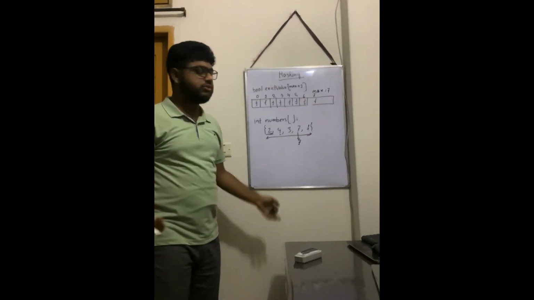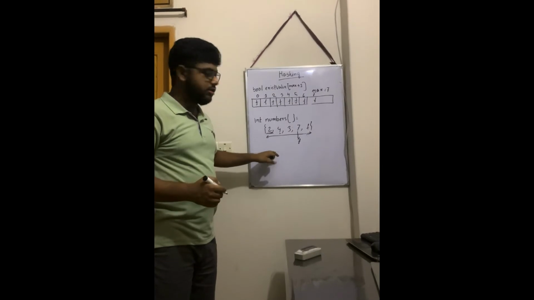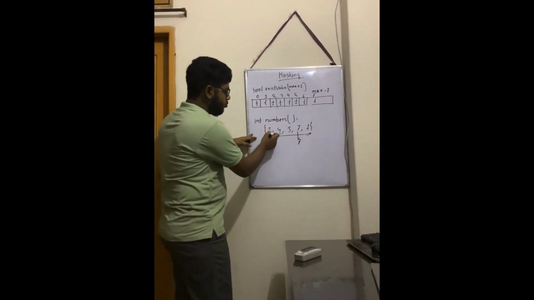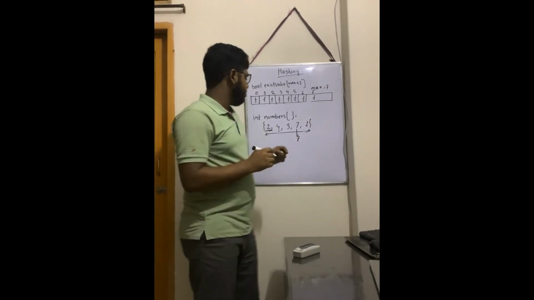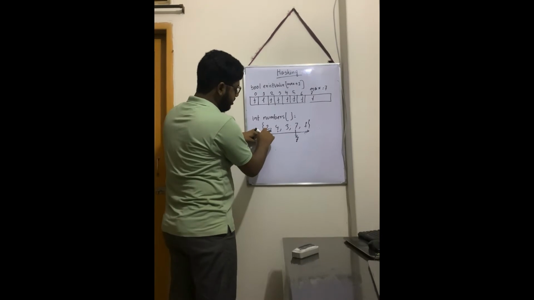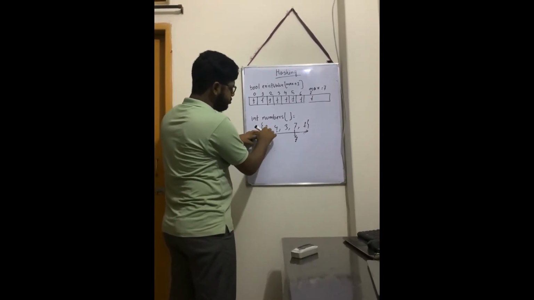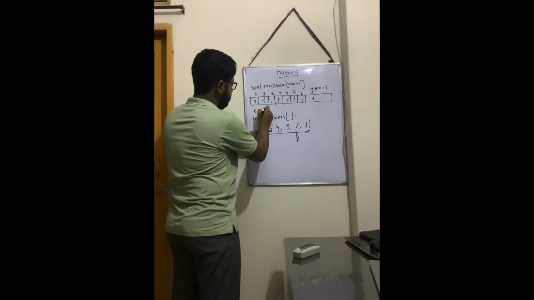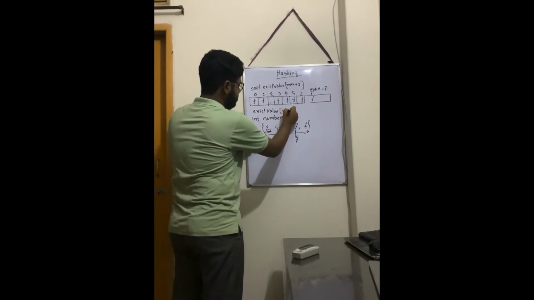So what we need is to just look through this array n times. Suppose the size of the numbers is n. So we look through the n elements only once, not many times, just once. We look through this whole array. For example, for 2, we get that the value is 2, so we initialize it as exist of numbers